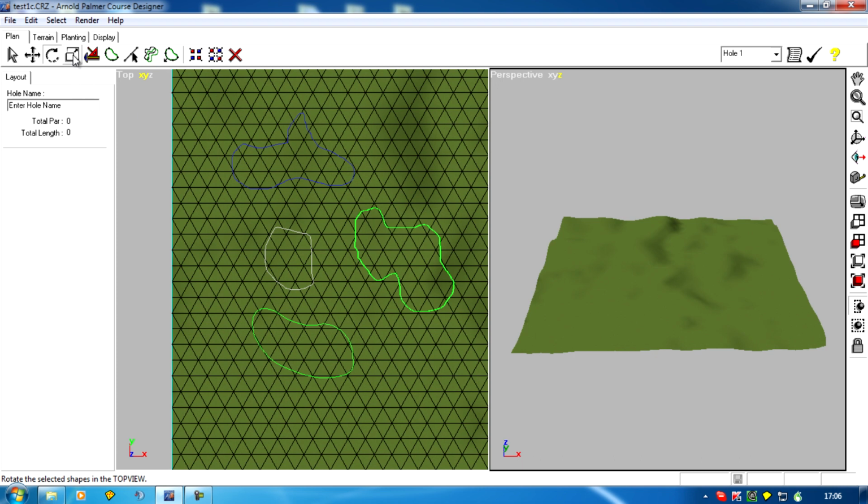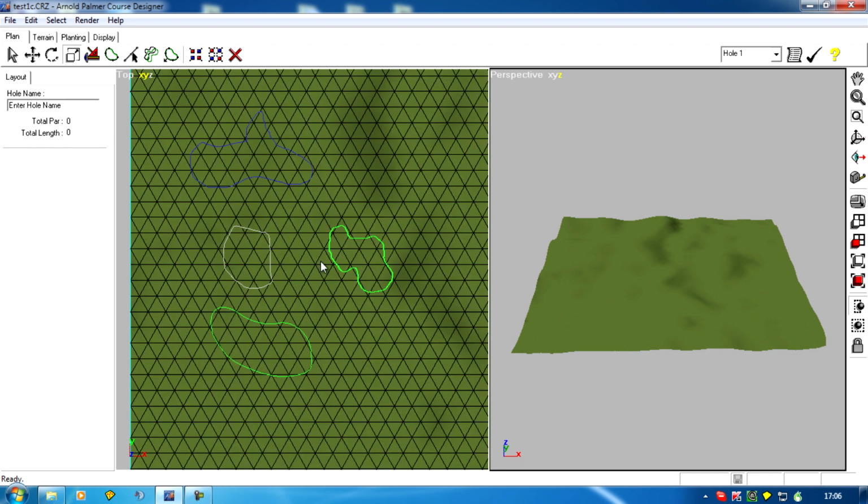There's also scale, again left and right, and I can make it bigger or smaller. This is pretty useful, obviously. If you make things a bit too big and you want to change it, it's very easy to adjust things like that. There's also a copy command, so if we do for any reason need a copy of a shape,